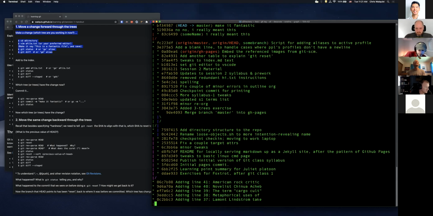Right, and so anything else I want to talk about there? So this is an example of the soft, pulling the soft one, just changing one tree. Suppose I wanted to change a lot more, right? Maybe this commit wasn't ready at all.